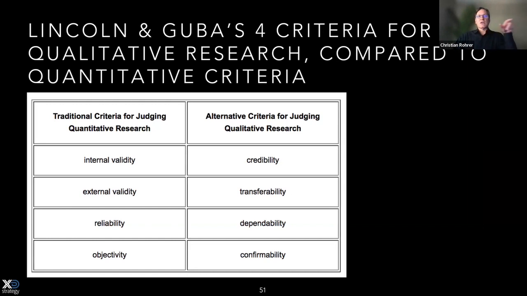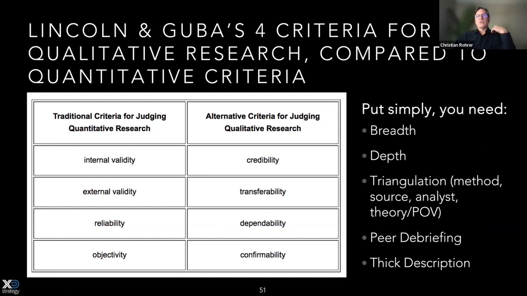What I'll focus on here is what they describe in terms of external validity and transferability. Transferability has to do with having breadth and depth in the analysis, using triangulation, like multiple data sources, having peer debriefing methods, meaning multiple researchers who talk to each other about it, and then, borrowing from Clifford Geertz, thick description of the issue. That's kind of what we did when we looked at this interaction. We really went deep on the richness of that interaction.